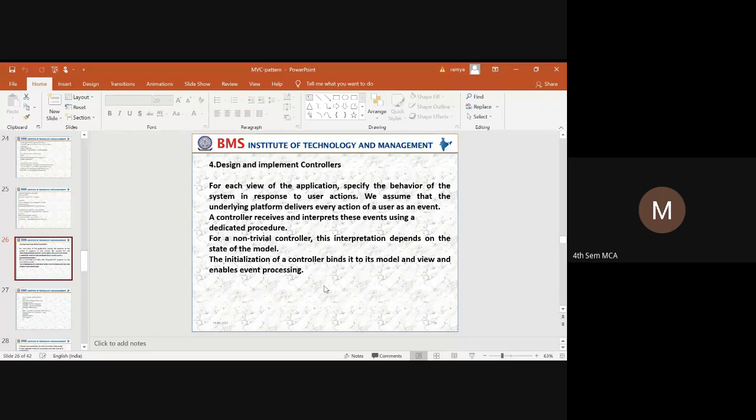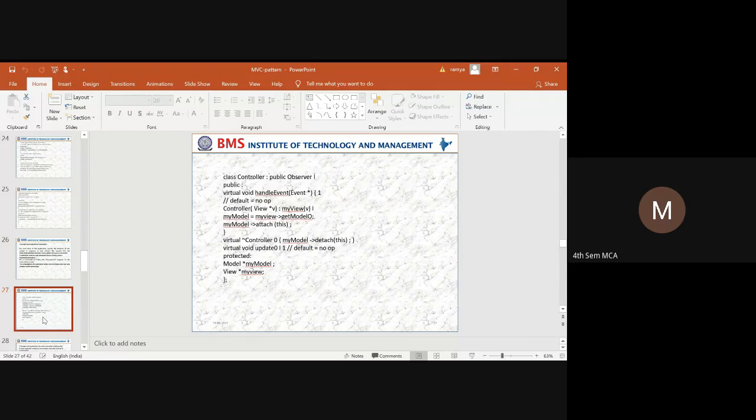The controller has to interpret the different service requests, it has to be initialized, and it has to bind between the model and the view. Once the controller is bound between the model and the view, it will process for handling all the requests.